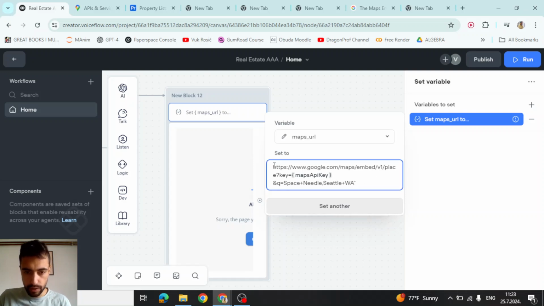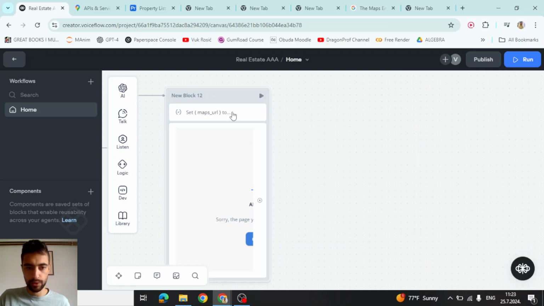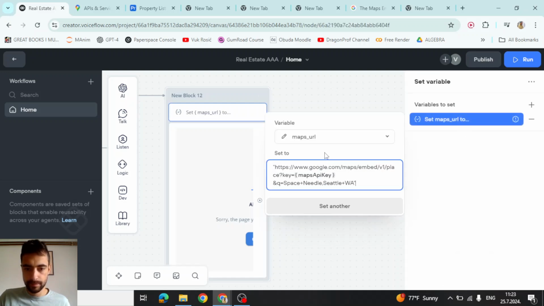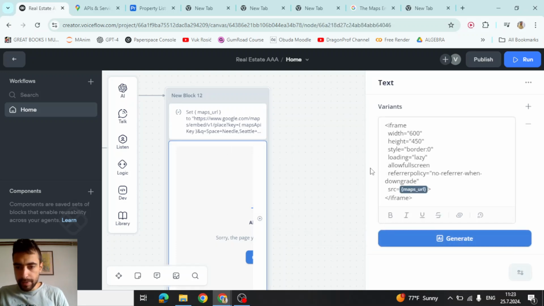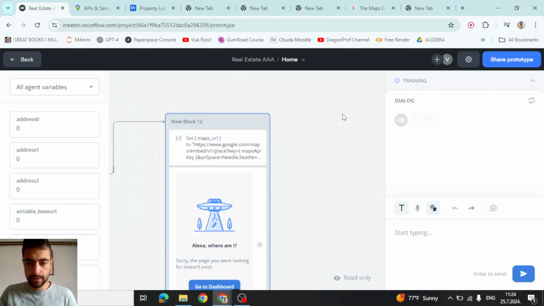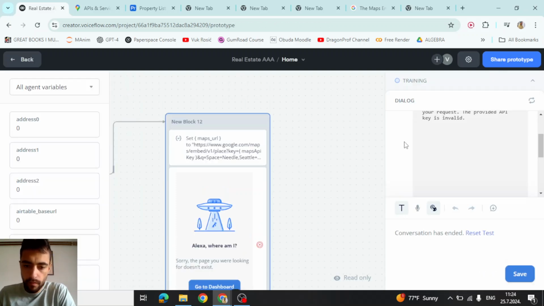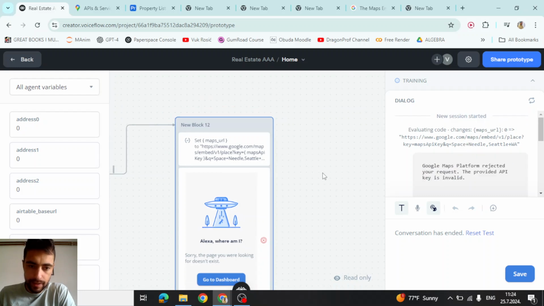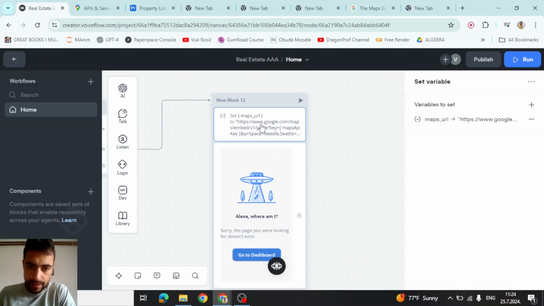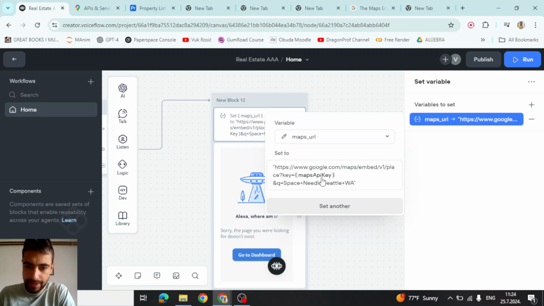But I think it should be under quotes. And so this is bugged, so I need to do it again. Yeah, now it works, I think. And so let me just go to this iframe. I'm gonna change this to 100%, and then let me just run this. So it says provided API key is invalid. I think that's because I didn't even set